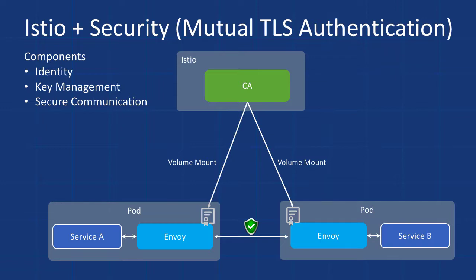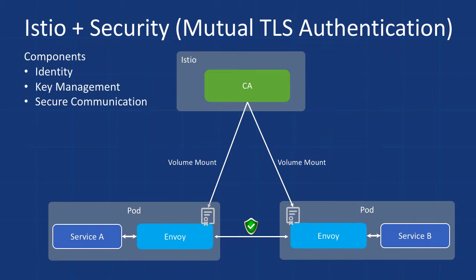So this diagram illustrates to you that each of those Envoy proxies is going to have a certificate mapped to it. So you're going to get automatic mutual TLS authentication in between each of your services. So all of that communication is going to be encrypted. What's not shown here is that each of our services has a strong identity running as a service account, and so we'll be able to do things like set up role-based access constraints based on